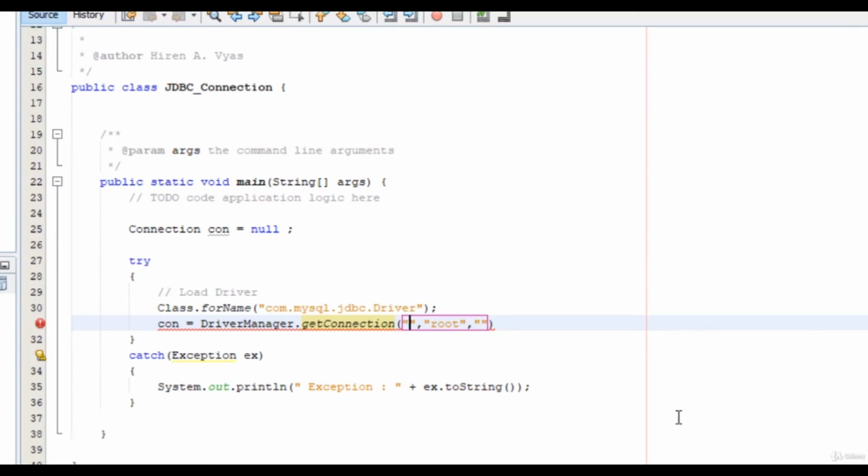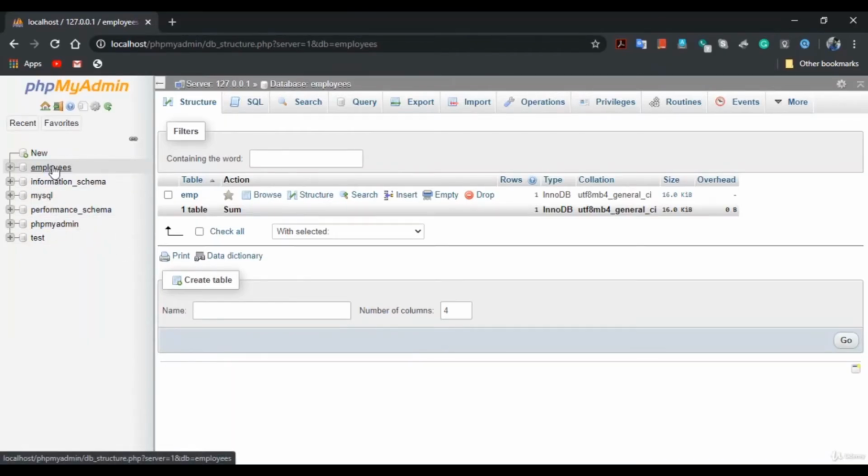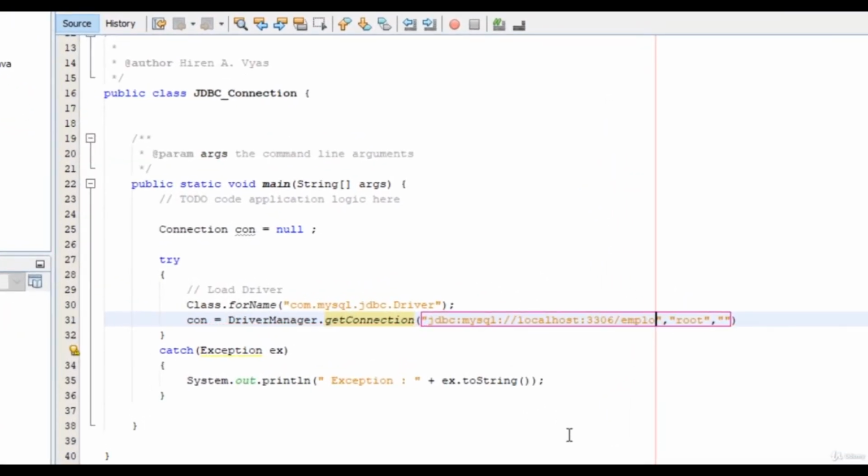we will write JDBC, then MySQL, / server name, that is our localhost, port number, that is 3306 / database name. Our database name is employees. So say employees. Don't forget to add the semicolon. Now our connection string is completed,